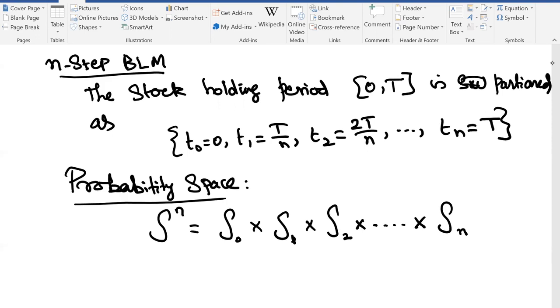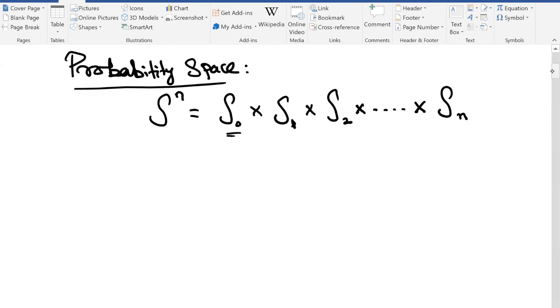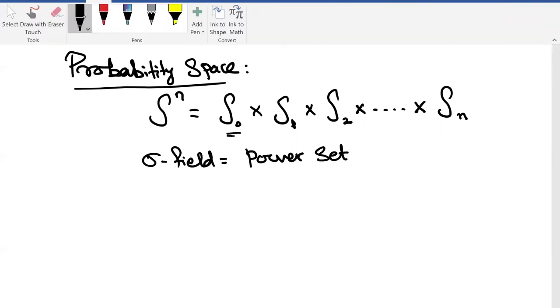Little confusing because we start with 0. And then the sigma field is the power set. You always write this whenever you construct the probability space. You have to give the complete information. Therefore, although it is just a formality, you just have to write this. Sorry, it is the power set. It means the set of all subsets of script S to the power of n.